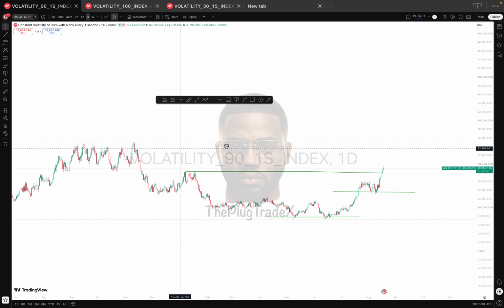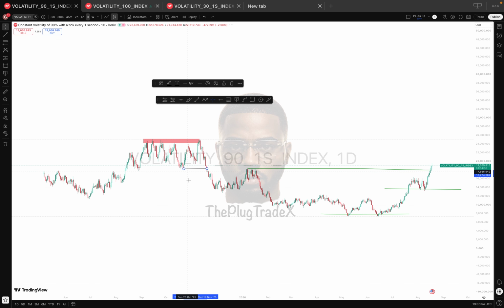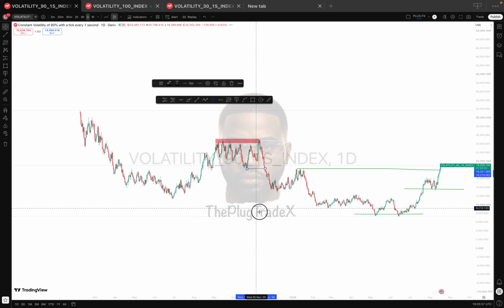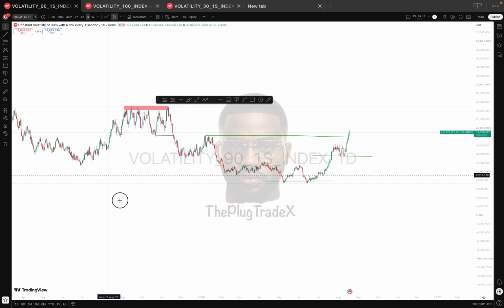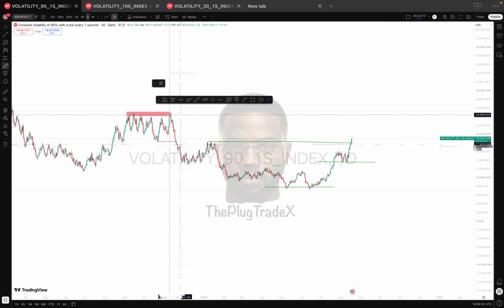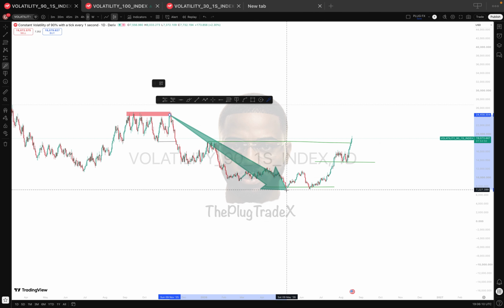Of course, we saw a clear rejection over here. A whole lot of activity happened over here until the market broke character or broke structure, however you see fit to call it. It did that over here, and that sell did not stop. Take a look at the movement of that sell. This break of structure didn't just break structure and end. Look at how many pips on a daily time frame.